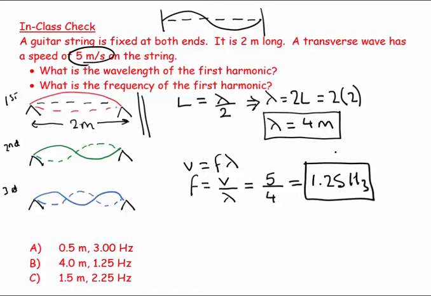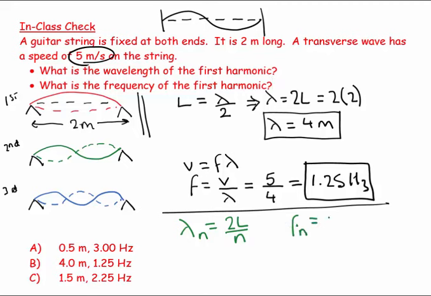And if I was asked for the second harmonic, I'd do that same analysis on this diagram. If I was doing the third harmonic, I'd do the same analysis on that diagram. There are equations. You can look at the book, and one equation says that the lambda of a given harmonic is equal to 2 times the length over the number of that harmonic. And there's another one that says the frequency of a given harmonic is equal to the velocity over the wavelength